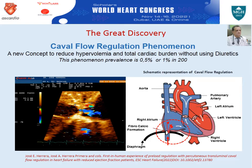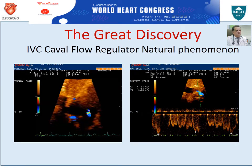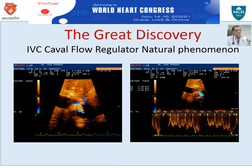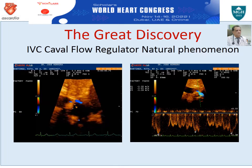It's in the right caval atrial junction, producing high velocity flow and restriction. Here we have the great discovery, case one. You can appreciate the IVC caval flow regulator natural phenomenon. It's like a valve phenomenon